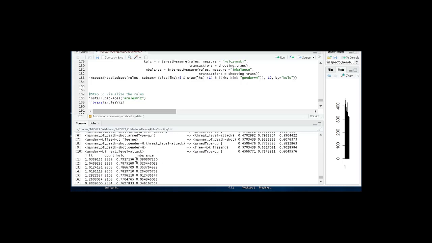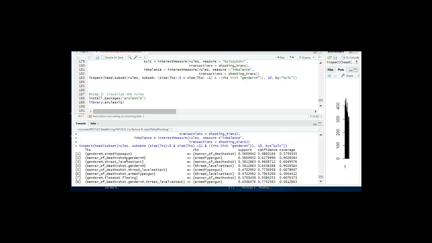And it's still considered roughly balanced. Lift says there is no strong correlation, but Koh says this rule is a fairly strong rule. Which basically tells us that when the gender is male and armed type is gun, then it's likely that the manner of death is going to be being shot.